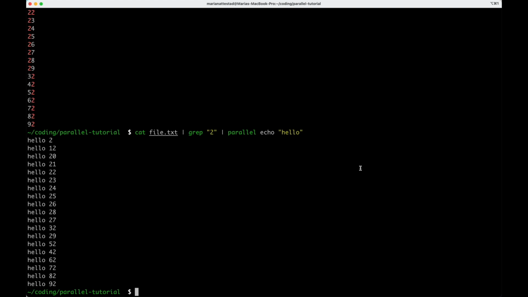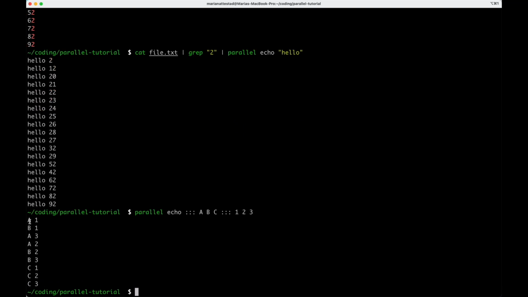Now, turning the interestingness and difficulty up a little, let's play with combinations of arguments. Let me show you an example of that. We want to do something for each of A, B, and C, but let's say I also want to combine that with 1, 2, and 3. So I want each combination of A with 1, 2, and 3, B with 1, 2, and 3, C with 1, 2, and 3. And that's what we get. You can see it's doing every possible combination